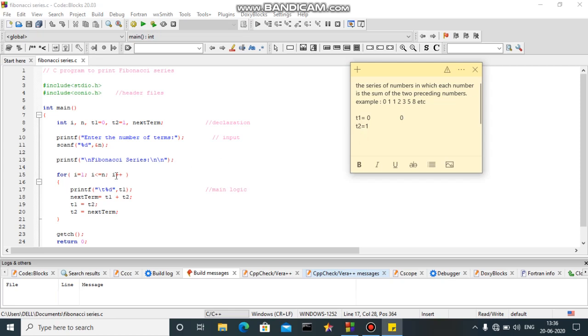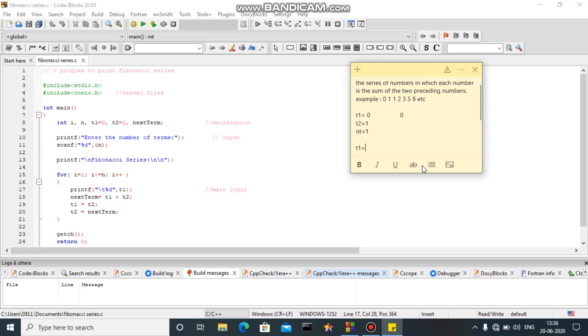Then moving towards, then calculate the next term. Next term for the first time will be t1 plus t2, that is 0 plus 1, 1. Now assigning again t1 is equals to t2. What is the current value of t2?